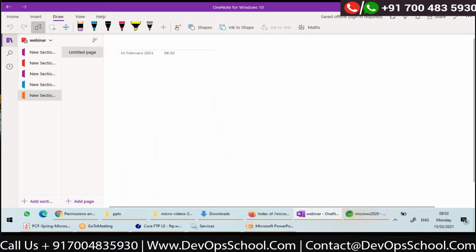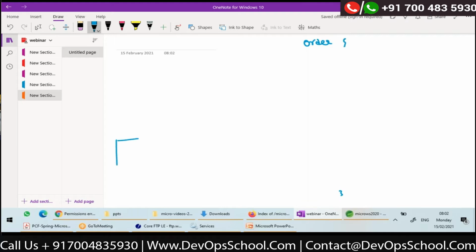Let's take an example of order management. For any e-commerce website, there will be a module called order management. There will be a class called order and a corresponding order table in your database to store all the order related information. Order ID, let's say, will be the primary key. Now, one order can have multiple order items, right?